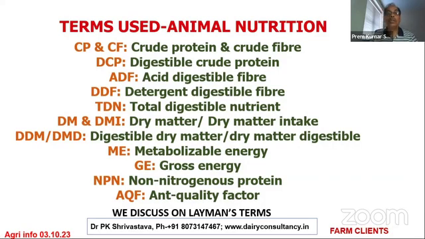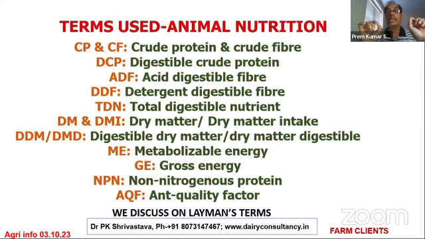And now the term has come, acid detergent fiber. The terminology is that the forage is tested for digestibility, either with the acid or with the detergents. Suppose you are using acid on the fodder in the laboratory. All these things are going on in the laboratory, nothing to do with the entrepreneur. That's why I will give very little time to this.